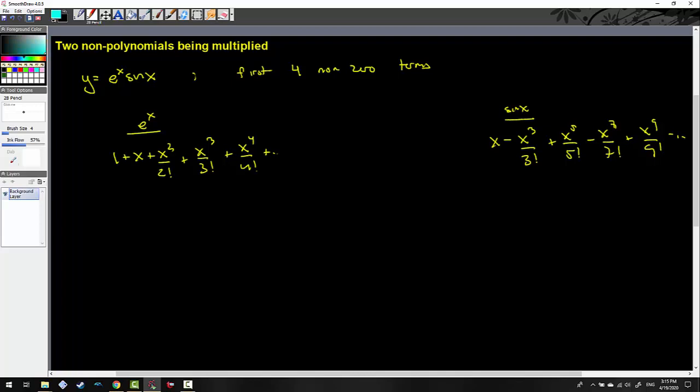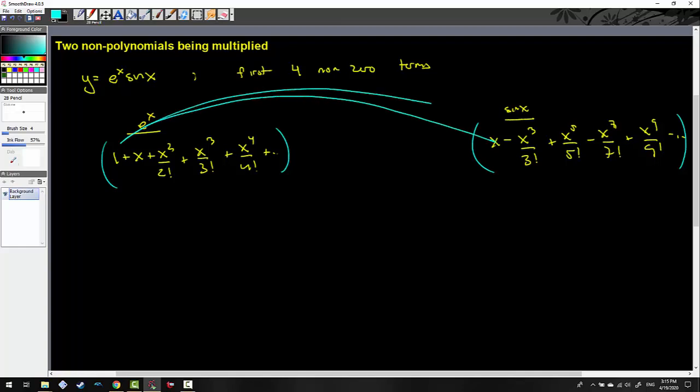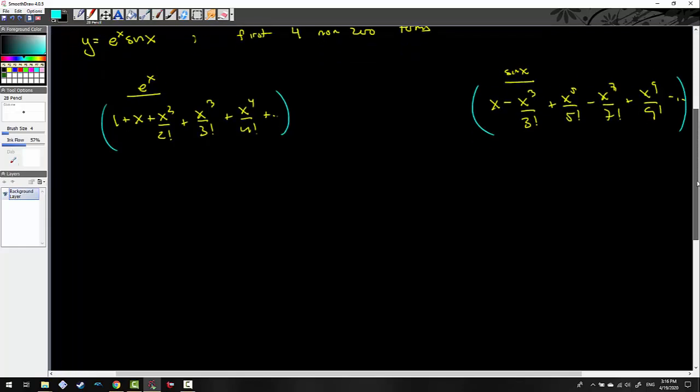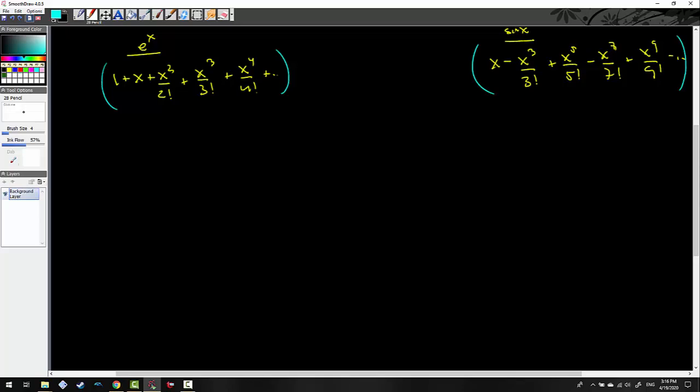Now there's a couple of options here. What I could do, and this would be really horrible, is group them together like this and then FOIL them out. I could do that, and it would be really, really horrible. Or I could do something that you haven't seen in a long time, probably not since your Integrated 2 class. I could do an area model on this thing, and when I do an area model, I'm going to line up my base times my height, and find areas of individual squares. So I'm going to throw my sine version up top, so it's going to be x,